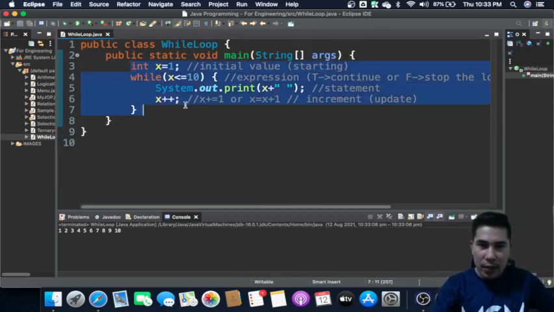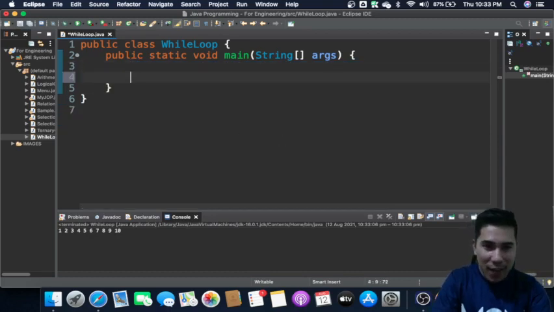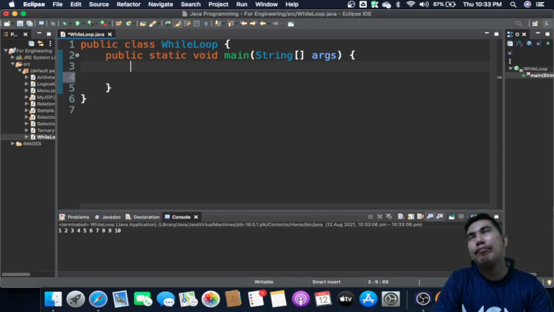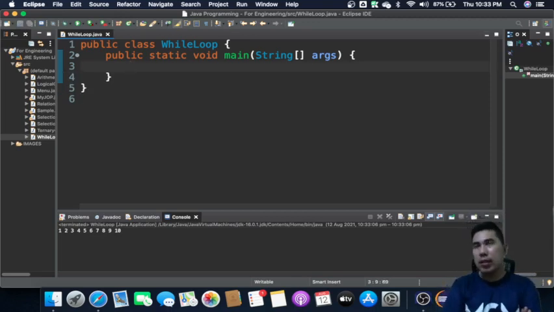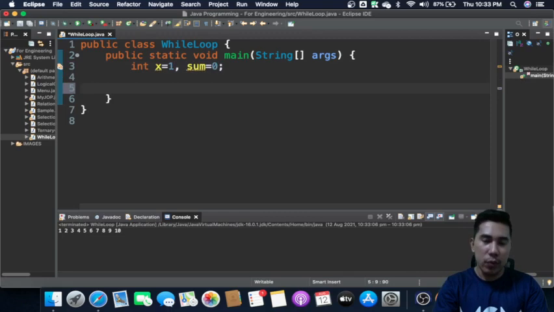Okay, so let's erase this one together, June. So let's erase this one. Let's say we want to get the sum of a number. So let's say for instance we have x value here 1, and then you have a sum, let's say sum is equal to 0. Okay, and then we are going to, let's say,